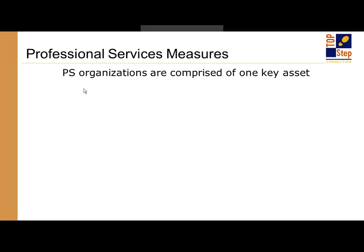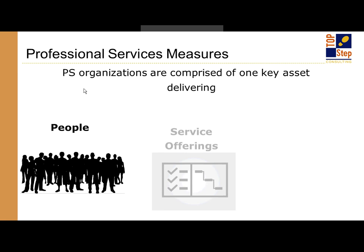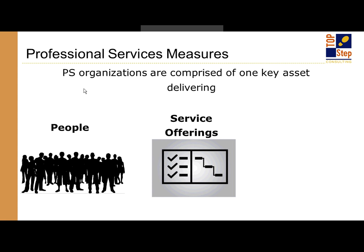PS organizations, in my mind, are comprised of one key asset, which is really your people. Your organization tends to be centered around services delivery and people supporting that delivery. That, of course, is delivering the service offerings that you've defined for the organization. Could be staff augmentation, could be